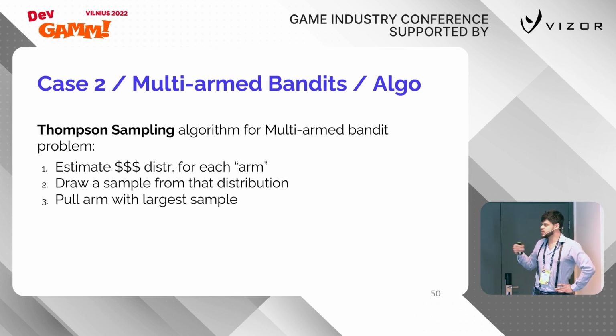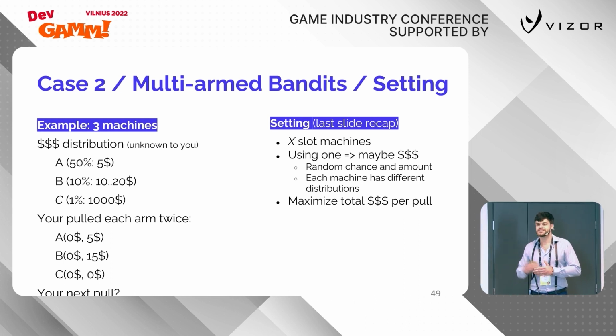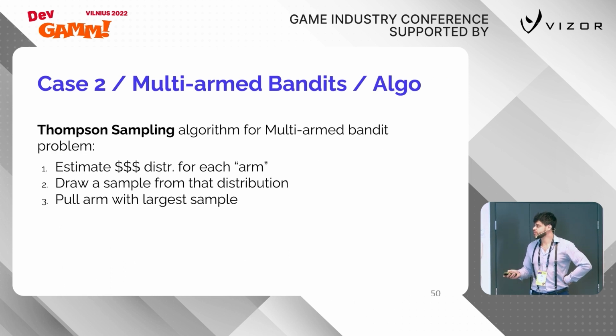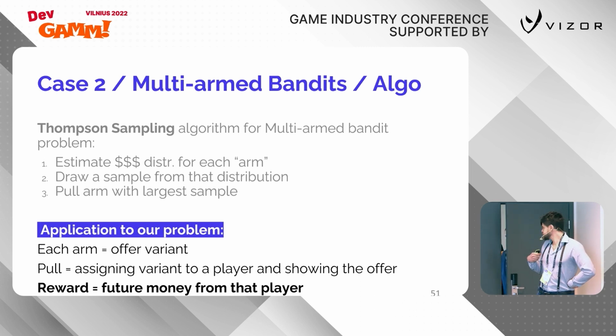On the other hand, if you have some underexplored arms, like this one, for example, then it will have large variance, so you will sometimes pull it anyway, even if it has a very low average income per pull. And if we then translate this abstract scenario to our case,